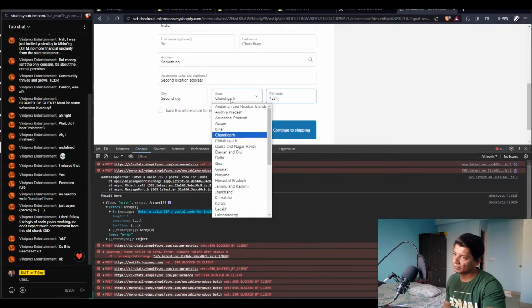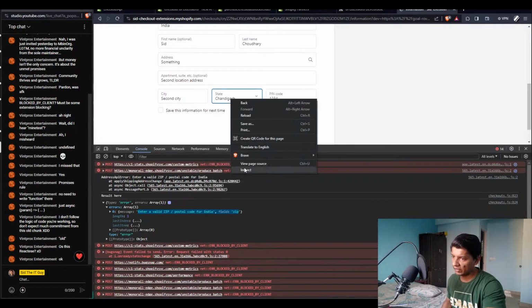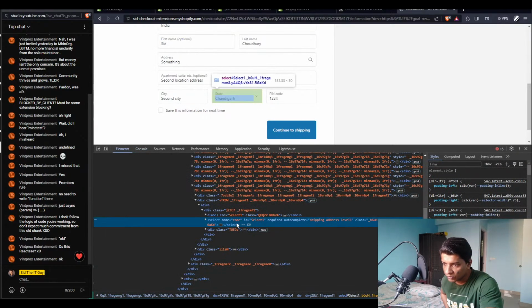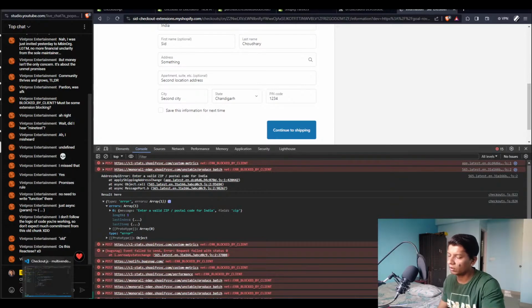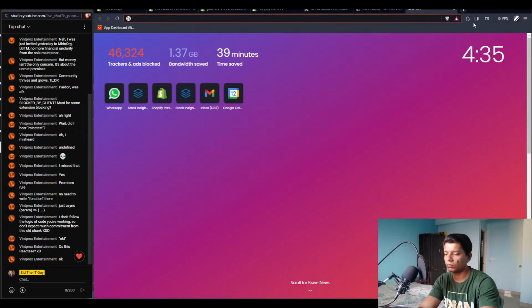But instead of state, what should it say? It says zone, but I don't think it should be called zone. So if I go to